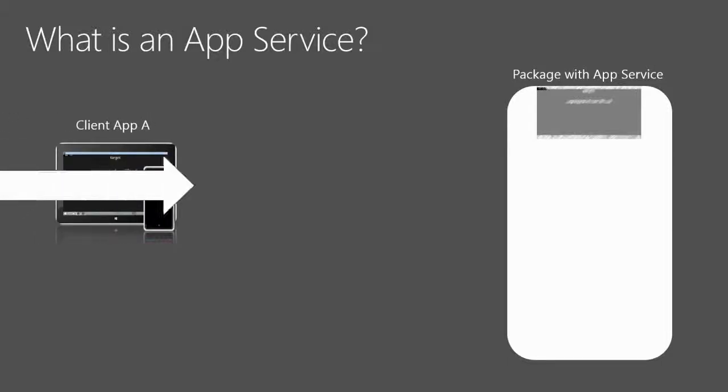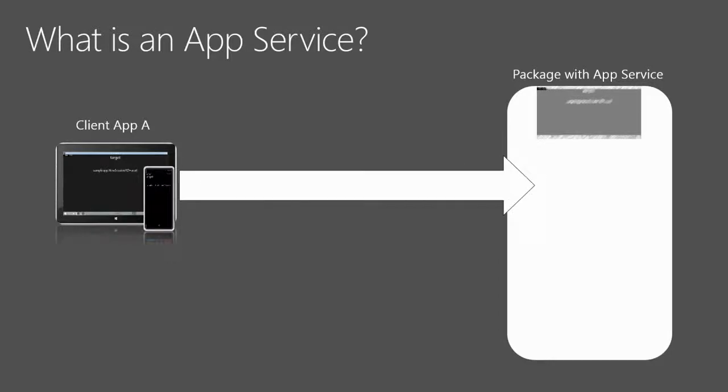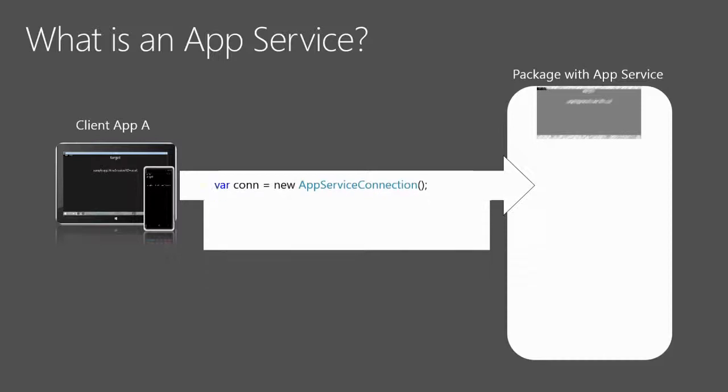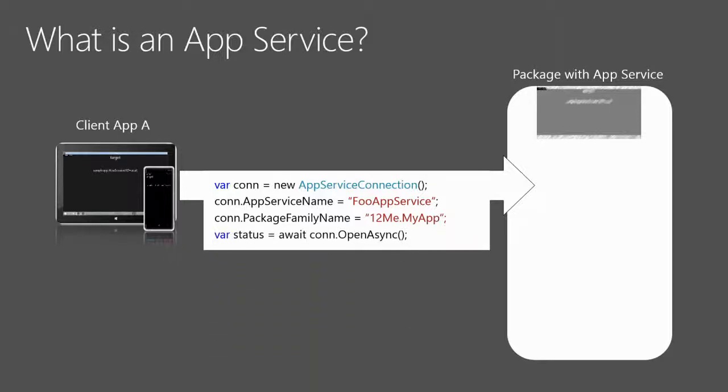Well, we now have the scenario where a client app can interact with an app service, which is a type of background task, and we create a connection. We specify the service name, not a protocol, a service name, and a package family name because we want to use the service name on a specific application, and then we await and open a connection. Assuming that that app and service is installed on our machine, we're then going to create an app service background task. And so that's going to be there. We're going to be able to service our transactions. And there's a life cycle for that background task that's associated with our application. And I'll touch on that in a little bit more detail. What happens if I start up another app?